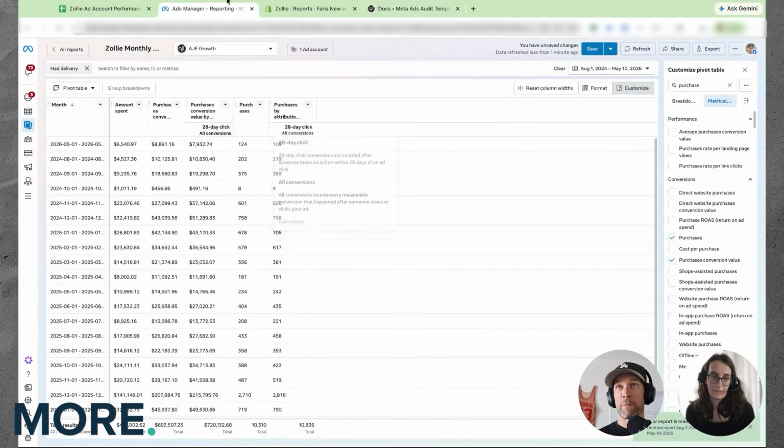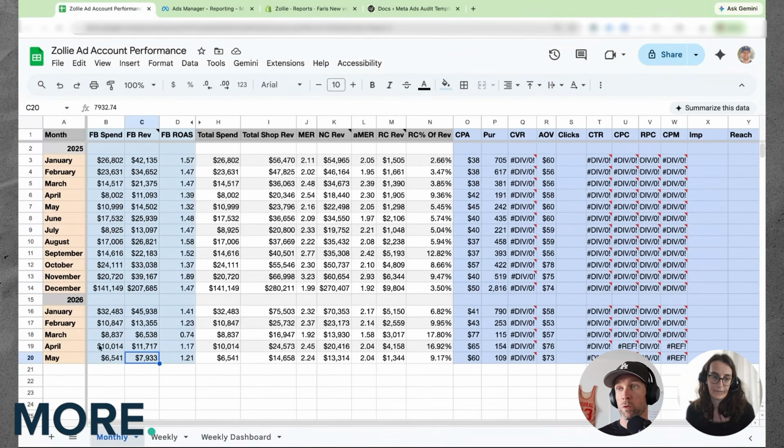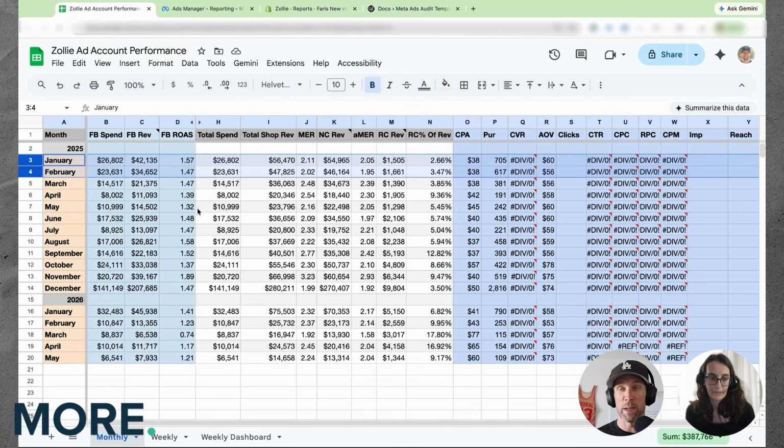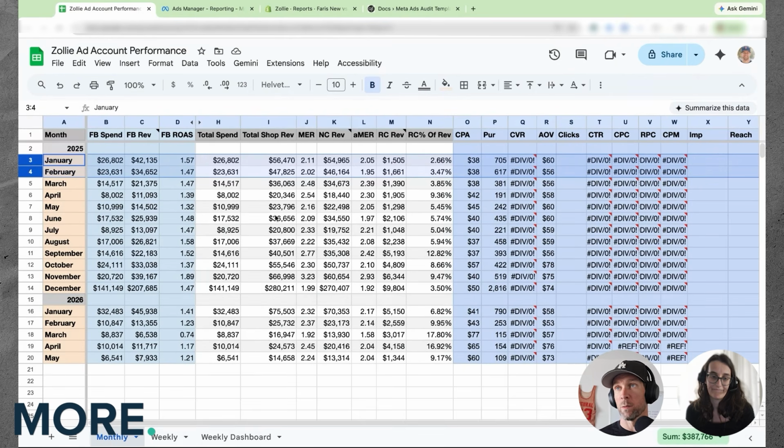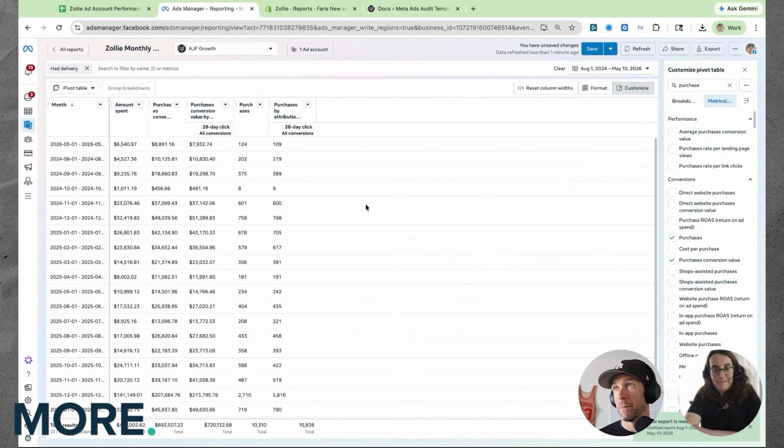Okay, so now I have my head a little bit around the business, which is growing spend back with the AOV going back up because you're fully in stock. And then let's think a little bit more, is anything actually broken? The thing I'm going to look at first is January and February of last year. Before I even look at anything more recently, I want to see what was happening in the business to where you had this lower AOV. You did not have the product mix you have now, and yet you were performing really, really well in these audiences. So what was happening back at that point in the ad account that made things work?